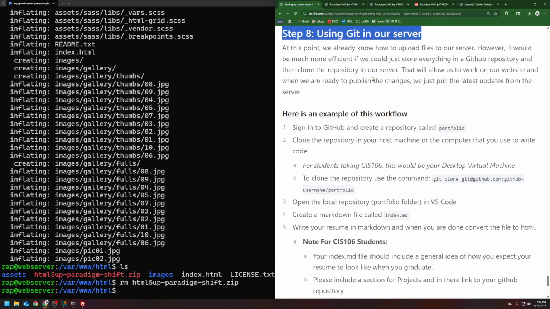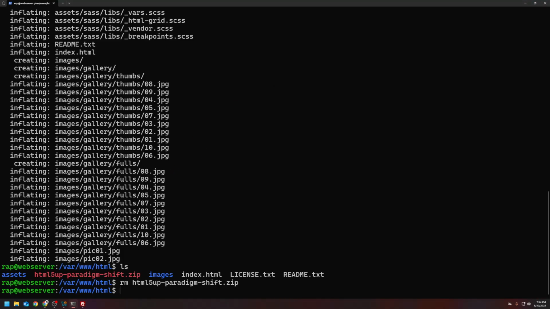The last part of this guide is using Git, right? So let's use Git on our server. So it's actually quite simple, and here is why. On our computer, we're going to write code, and we're going to put that code in a repository. So what I'm going to do is turn off the server. So I'm going to do sudo shutdown now,